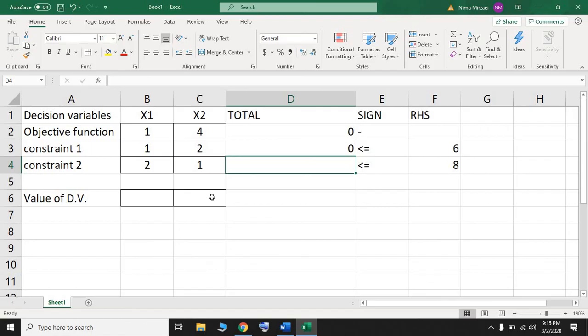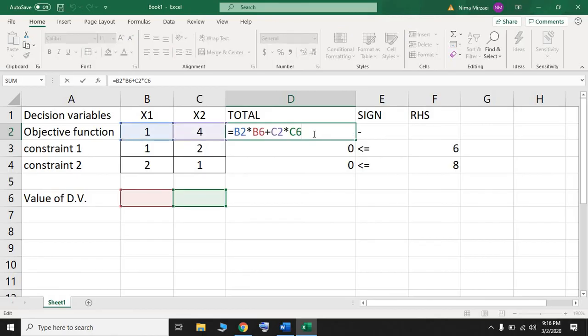And for the second constraint, same logic. 2, which is B4, multiply by the value of x1, plus 1 multiply by the value of x2, and press enter. Now as you see here, we have entered all the information that we need for finding the optimal solution. After you enter all of this information,